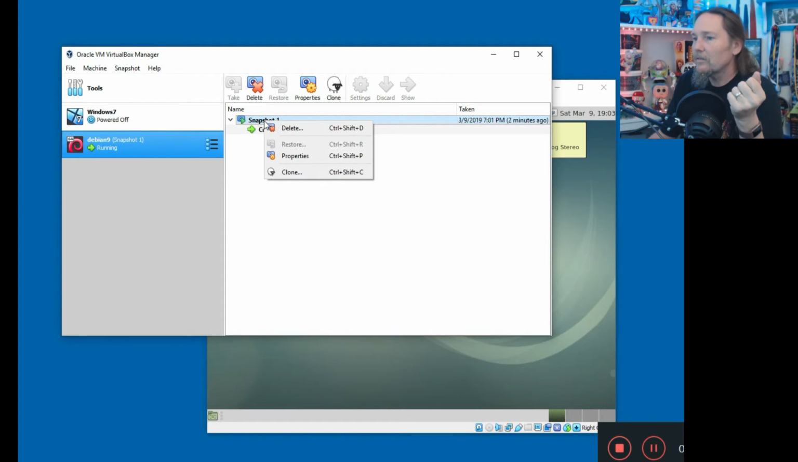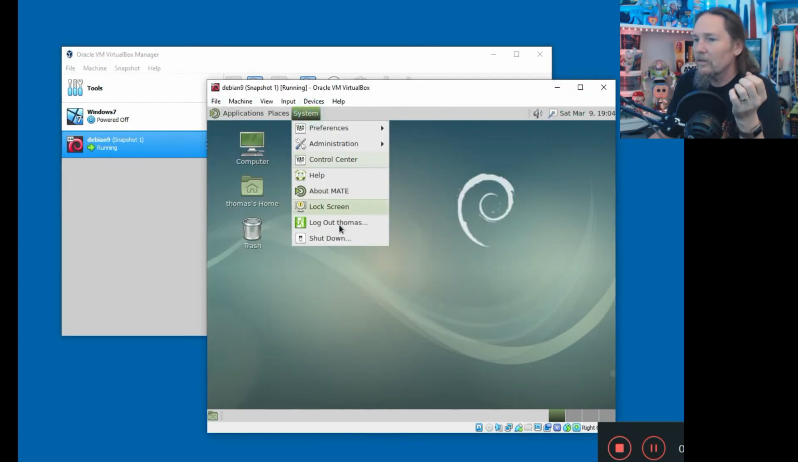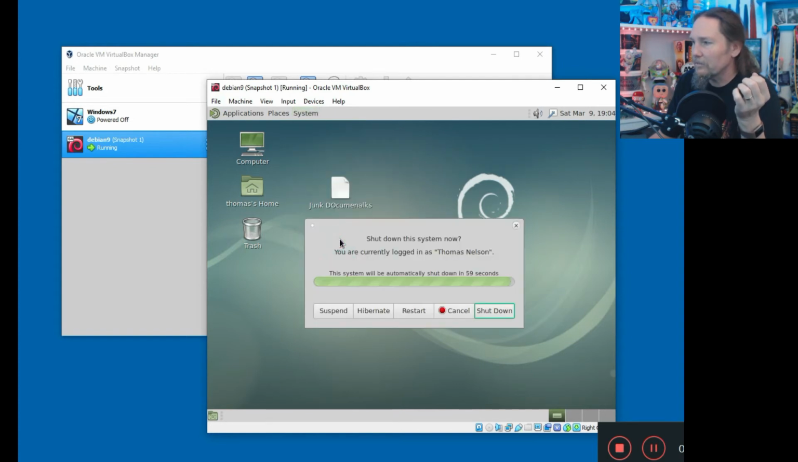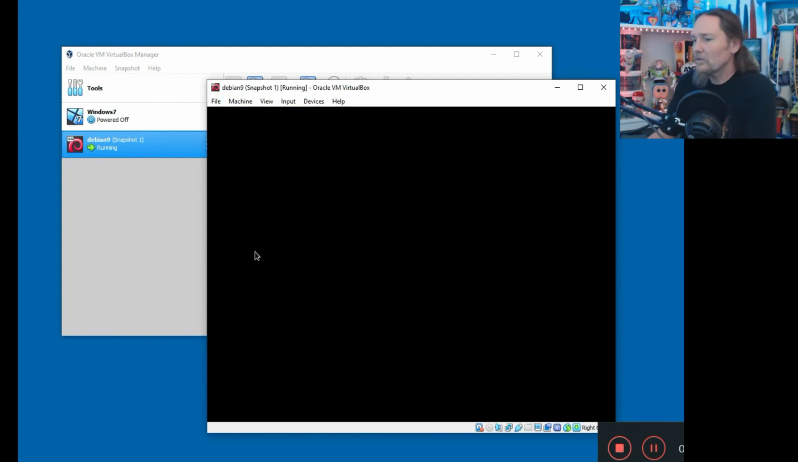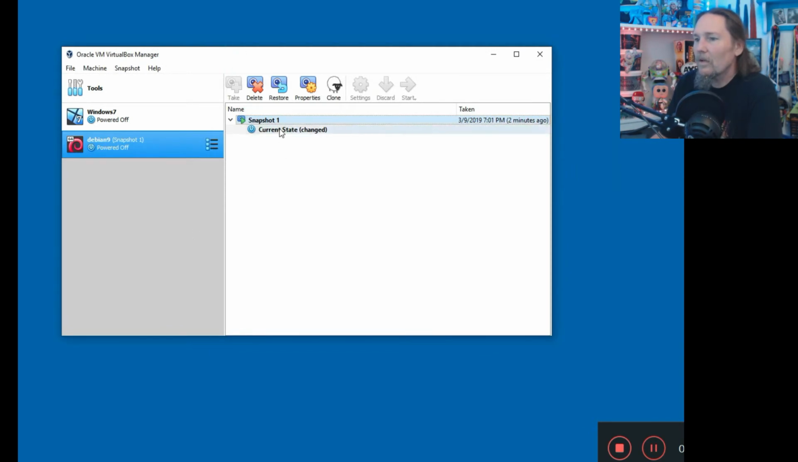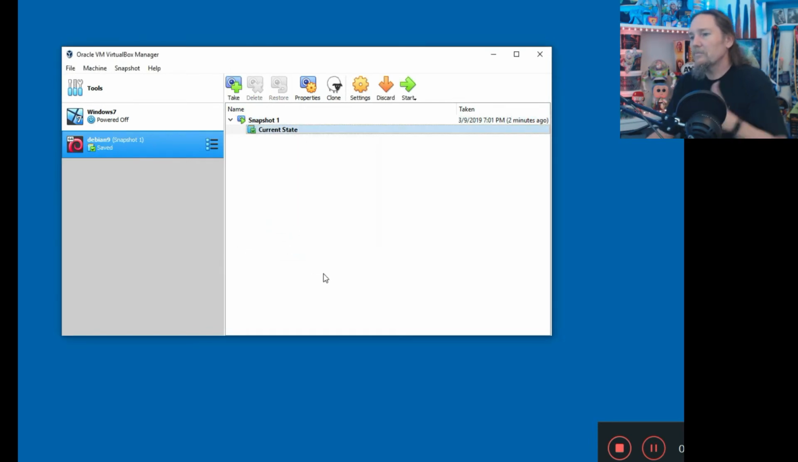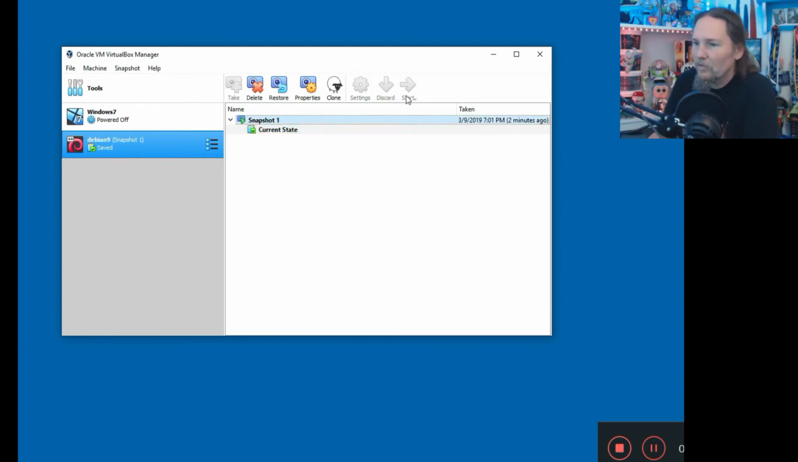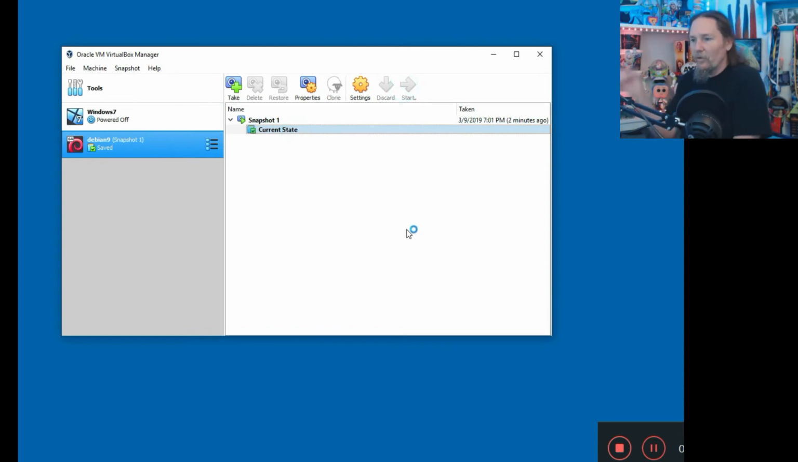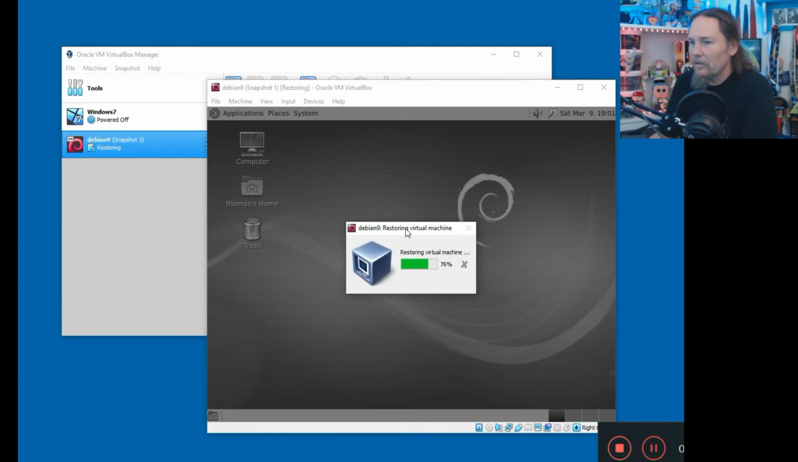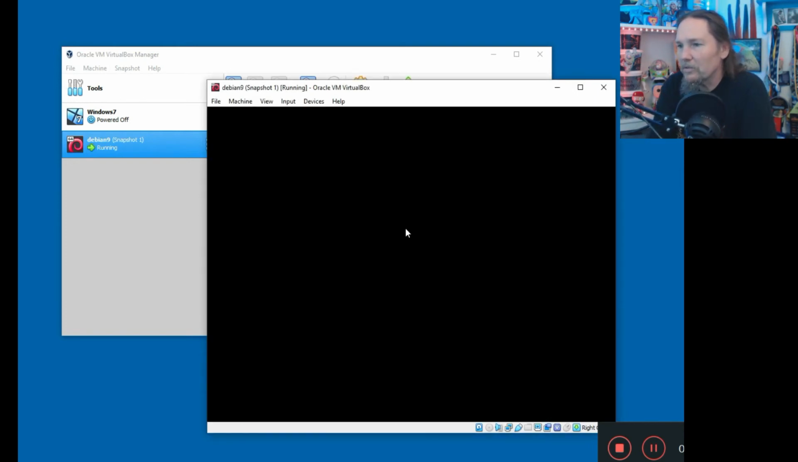here, and I can turn this off, system, shut down, shut it down, and then I can come here to this snapshot and I can say restore. So now what I've done is I've taken basically that bookmark from where it was, and I have reverted back to that. So now when I bring up the system, it's going to restore back to the way it was,